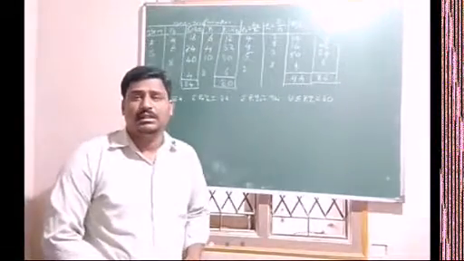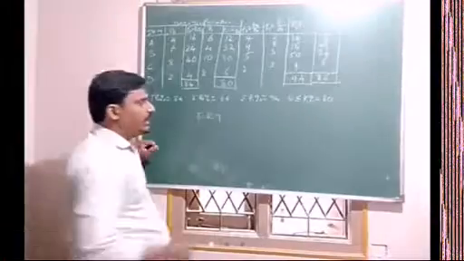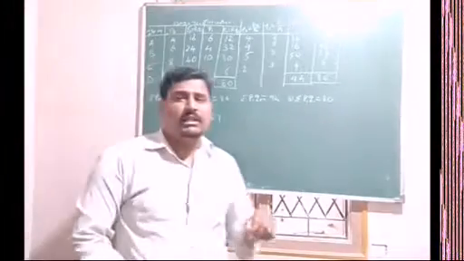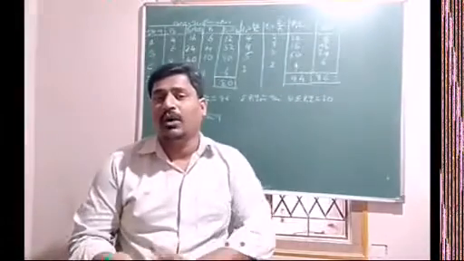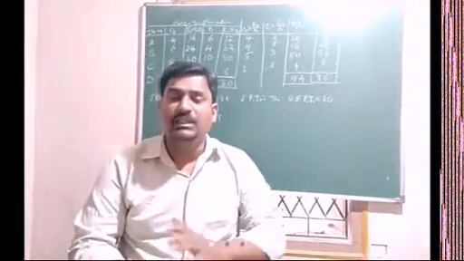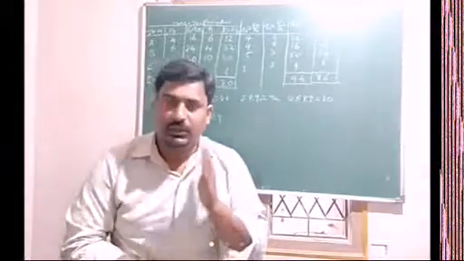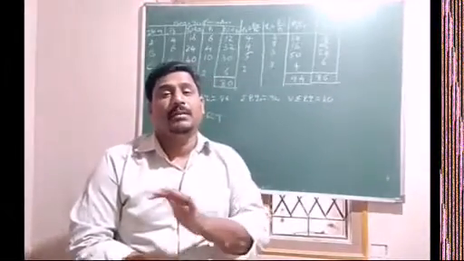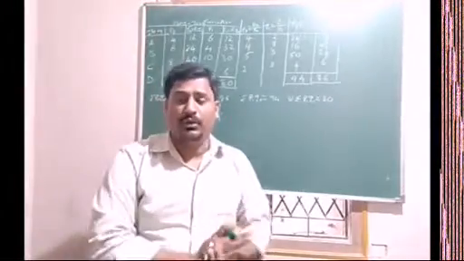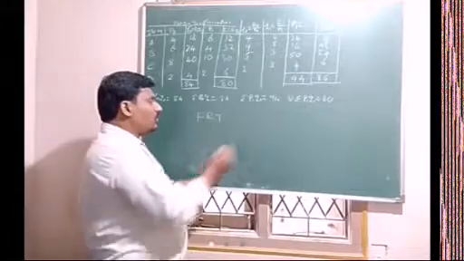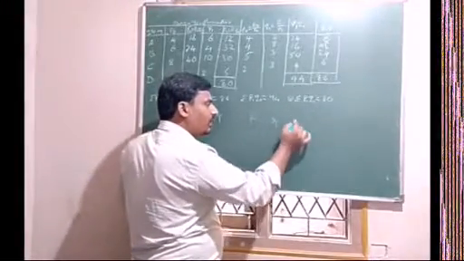Factor reversal test. Here the two main factors of index numbers are price and quantity. If we interchange them, that is, in the place of price we put quantity and in the place of quantity we put price, and then multiply both. We already studied at the beginning of the chapter that price into quantity is equal to